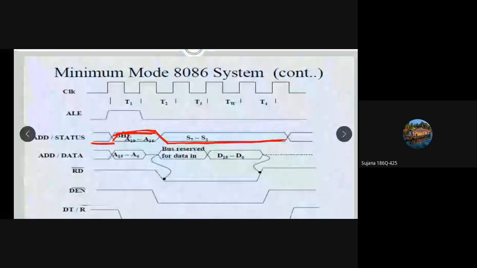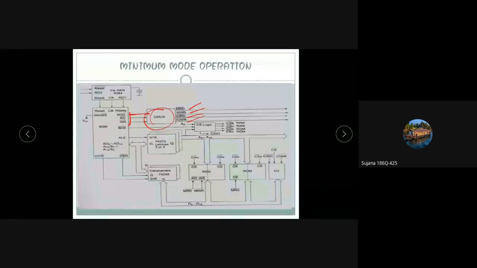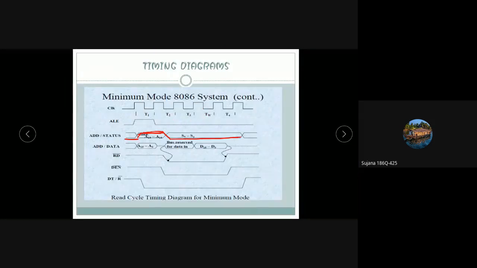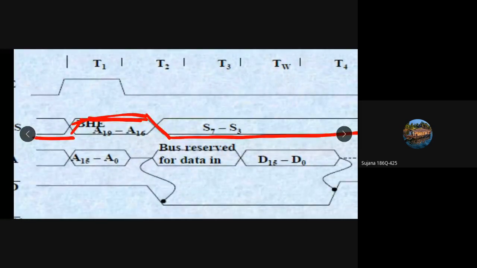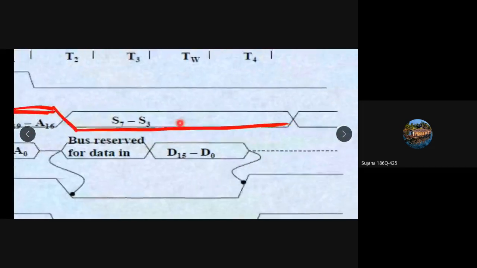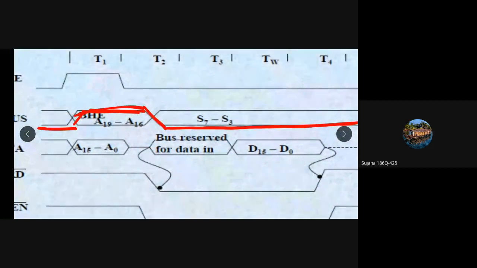Until the T1 cycle is completed and T2 is initiated, up to T2 it will be present in this address bus. Okay. So at T2 it will be again removed from the address bus. That means we don't have any address on the address bus. So the address line will go down.